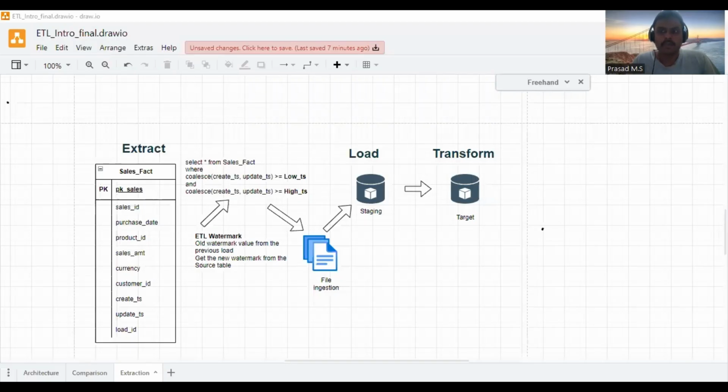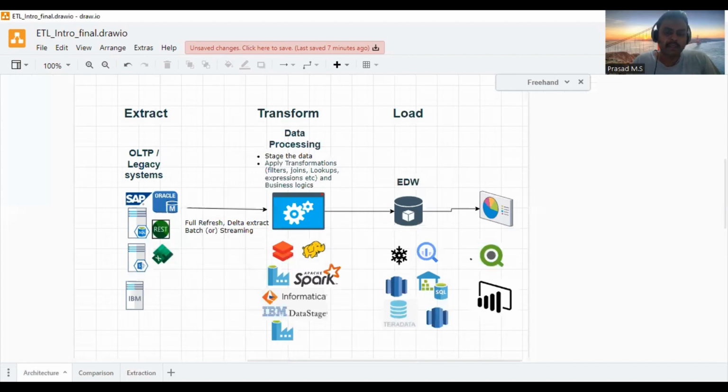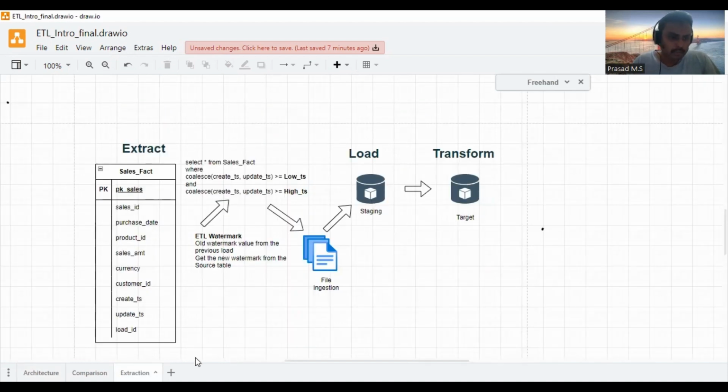Hello friends, in this video I'm going to talk about incremental approach in ETL batch processing. In my previous video, I explained about an ETL architecture in detail, and I'll provide the link in the description. If you want, you can refer to that video. So in this video, let's talk about how to achieve an incremental extract and load the data into a data